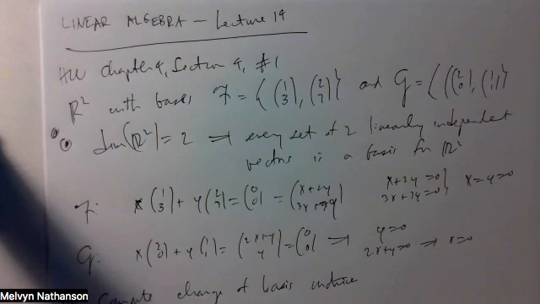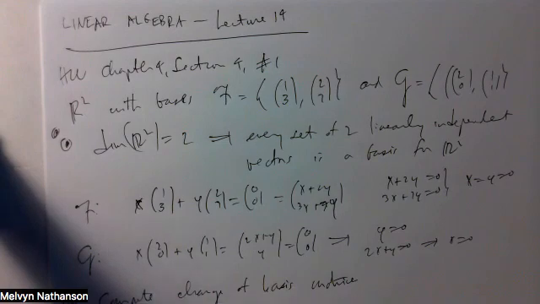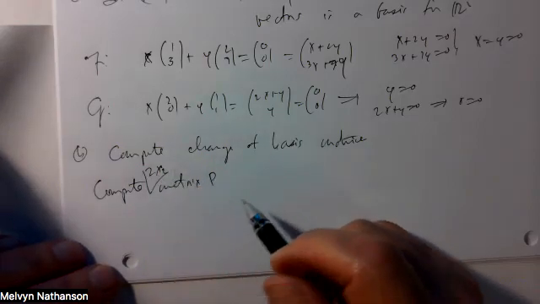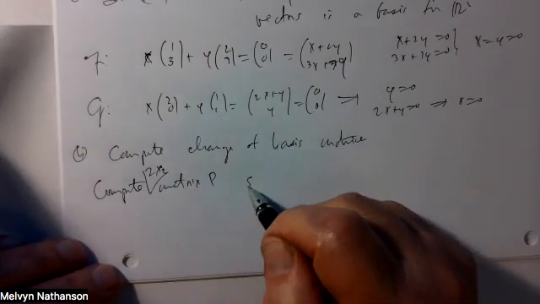So I want to compute a 2 by 2 matrix P, such that